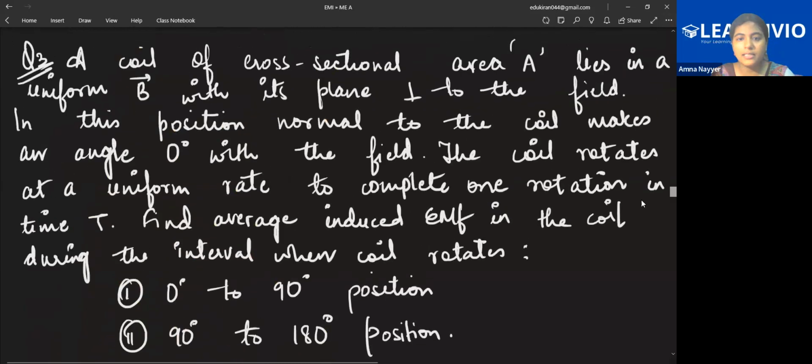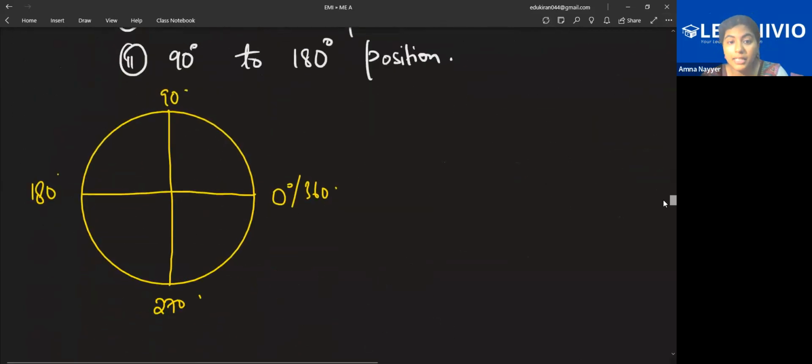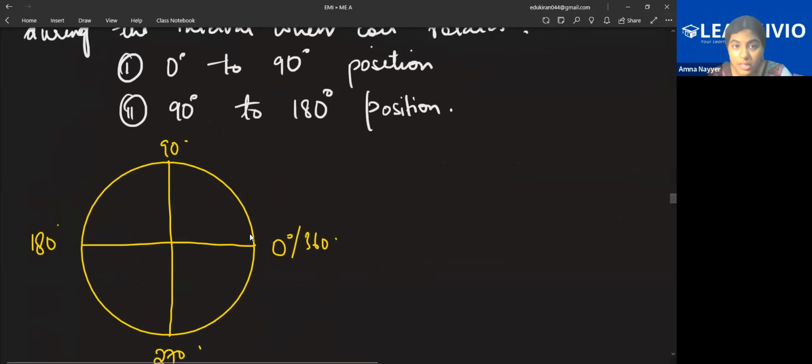Now, what does it say? It says that the coil rotates at a uniform rate to complete one rotation in time t. Okay, to complete one rotation in time t means from 0 degree